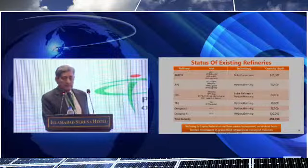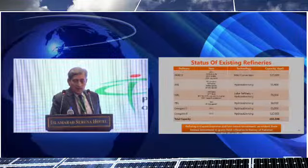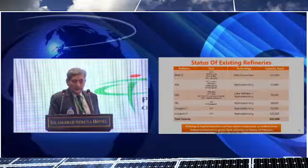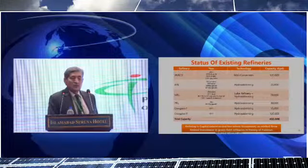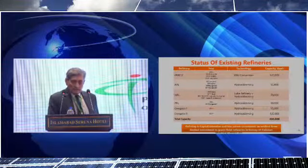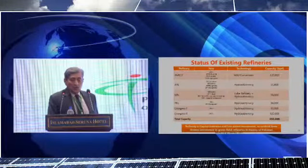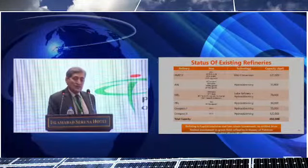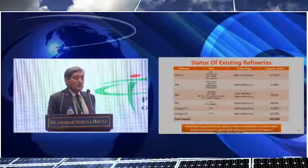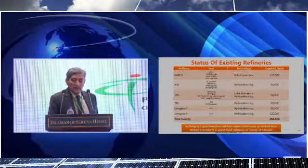So a little bit about the local refineries we have. Parco was established in the year 2000, and they've been doing regular upgrades, and their latest upgrade was in 2020. It's the only mild conversion refinery, capacity is 120,000 barrels. ARL also has been doing regular upgrades of the refinery. The latest was in 2016-17, but it still remains, largely speaking, a hydroskimming refinery, capacity is